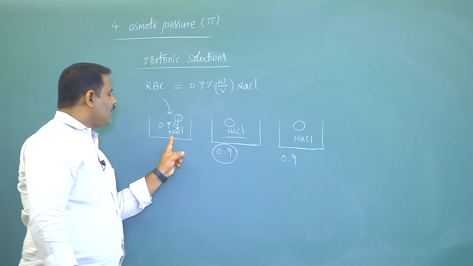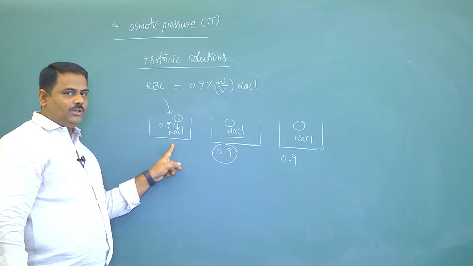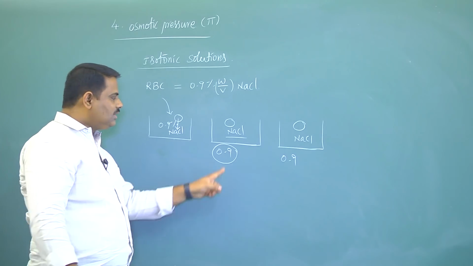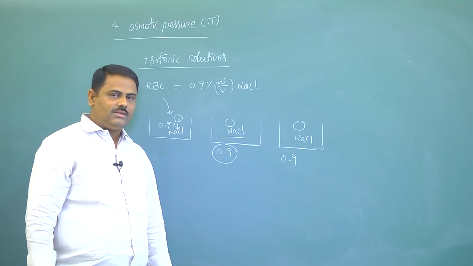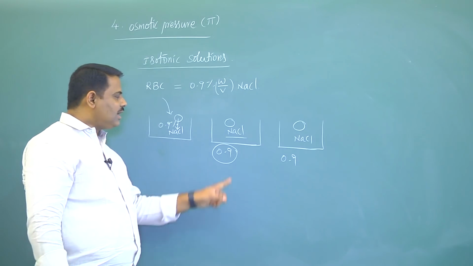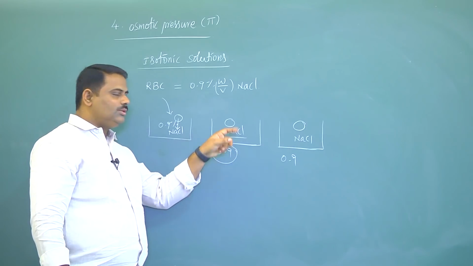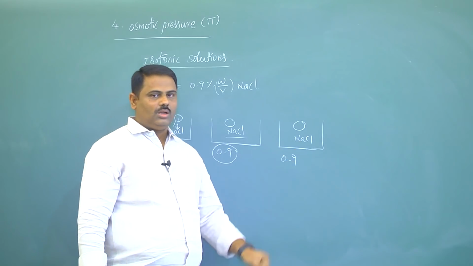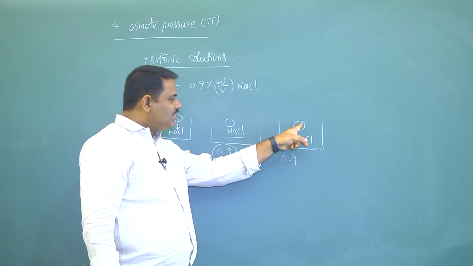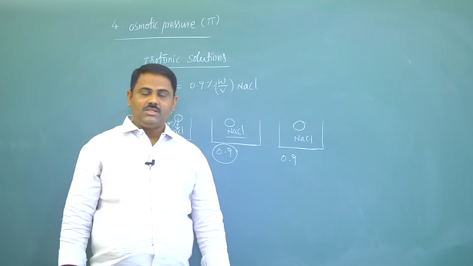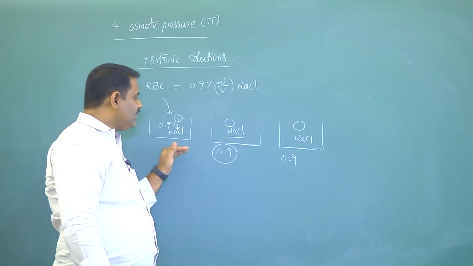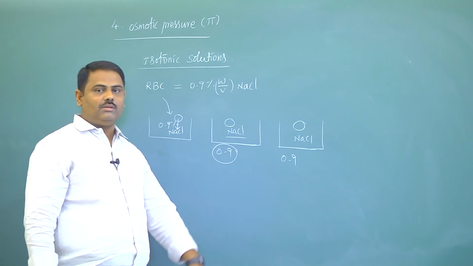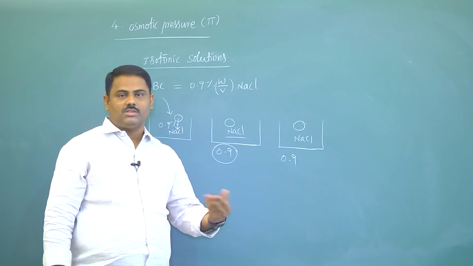That means this is the case for isotonic solutions where osmosis is not possible. In this case, the concentration of NaCl is less, that's why the solvent present in NaCl enters into RBC. Now here the concentration of NaCl is more, that's why the solvent present in RBC comes out. This is the difference between different conditions or concentrations. By changing the concentration of the solution, there is a change in the process also.